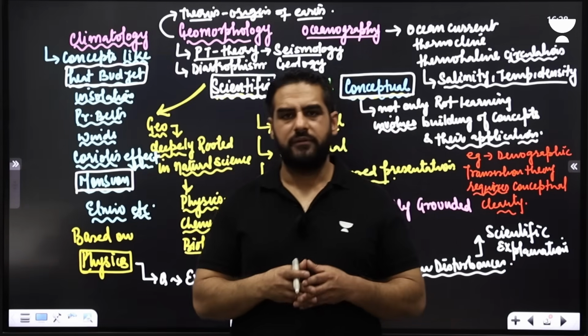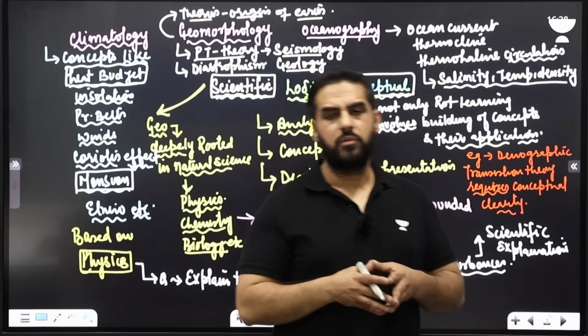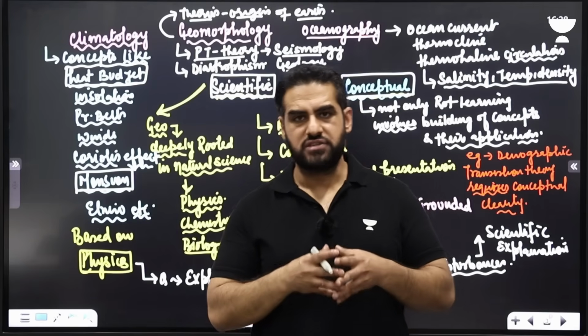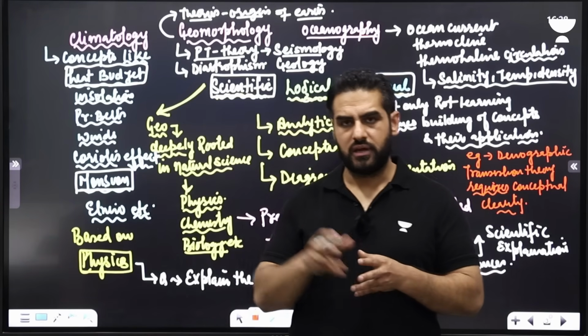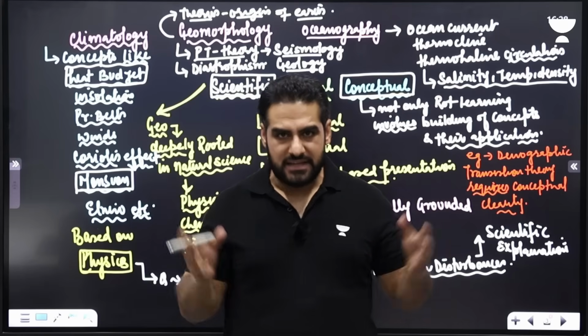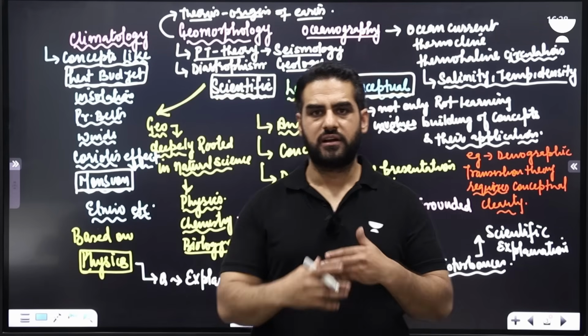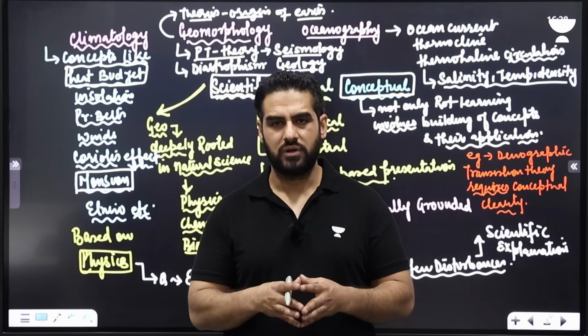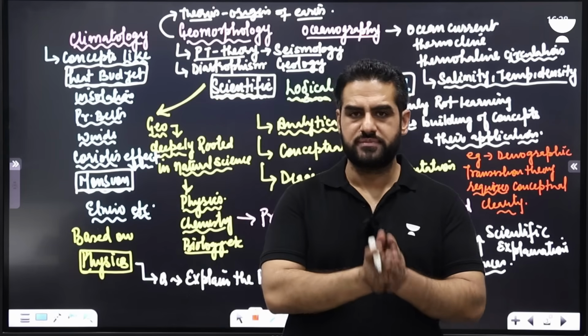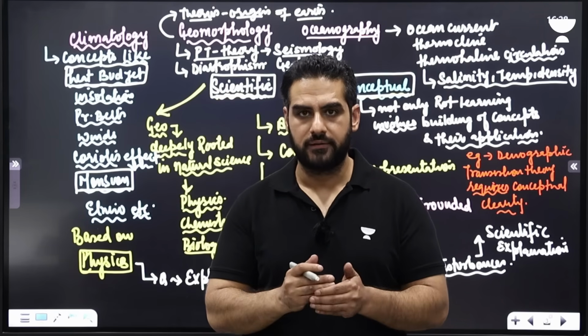Like another example, if I talk about conceptual clarity, like mechanism of Indian monsoon. There is an interplay of jet streams like Tibetan Plateau, Himalayas, El Nino, ITCZ concept. All these concepts are interlinked and which directly indirectly affect the Indian monsoon. It cannot be understood just by the rote learning, rather they require a conceptual understanding.